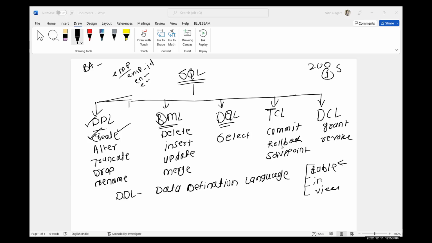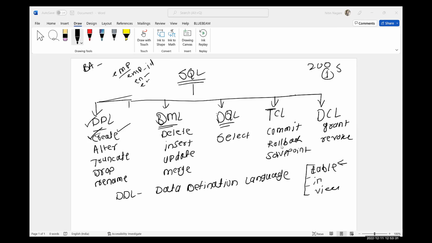Grant and revoke. Granting the privileges and revoking them are mostly used by the DBA person. Grant is nothing but providing access. I will give you an example. When you join a company, at the very beginning you don't have access to any system. You are not able to log into your system.